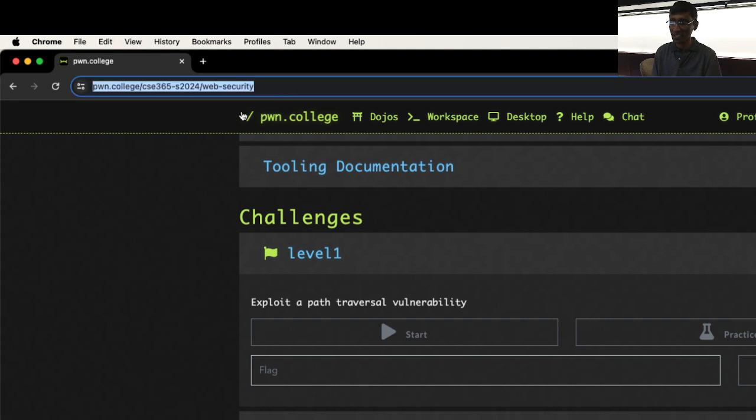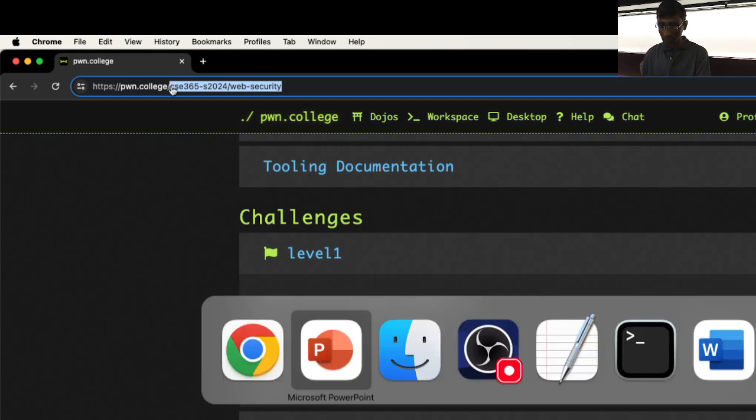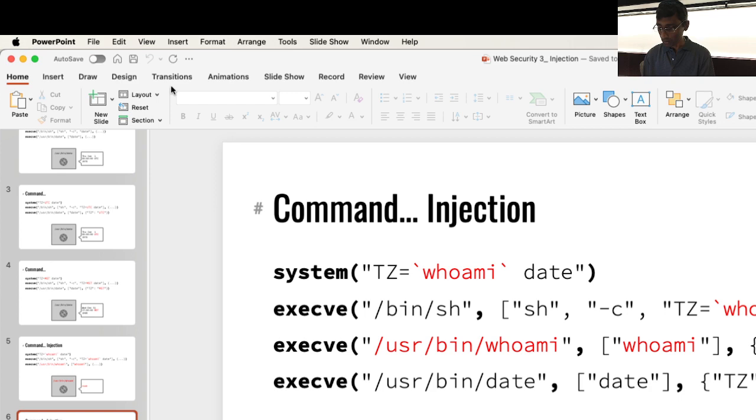For example, in the Pan College, this would be the root location for the web application, and this could be the path. The path traversal vulnerability is the ability to go over the root folder, to a specific location, and access files and folders above the web application root. So the standard definition would be